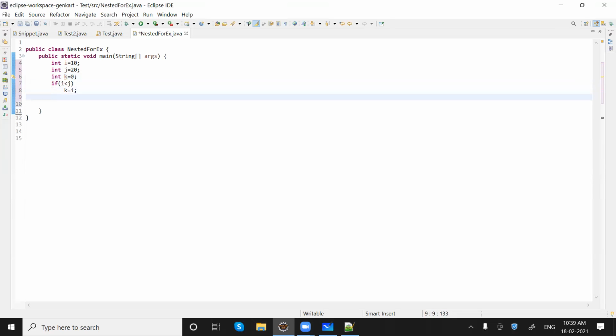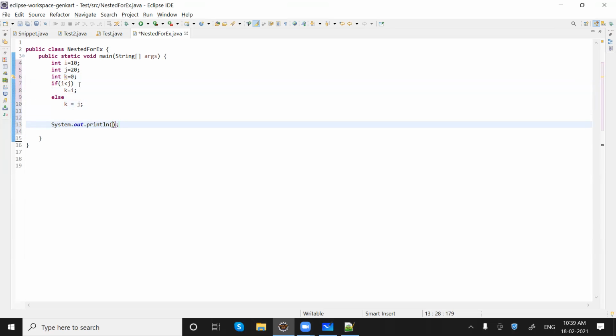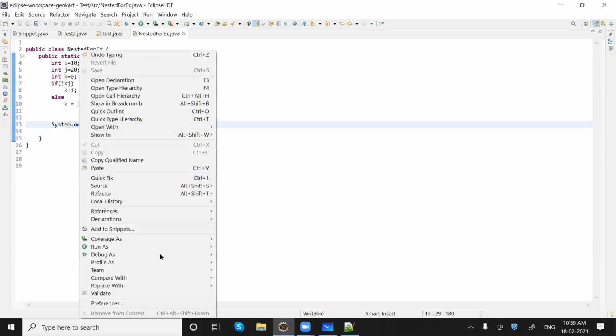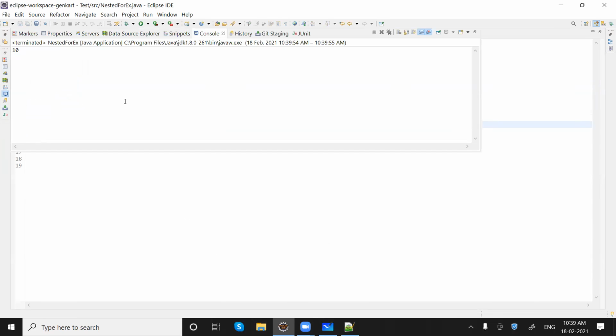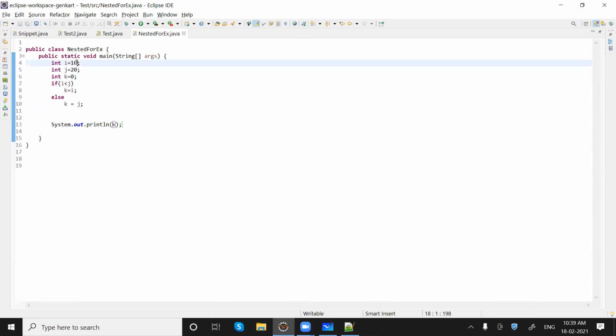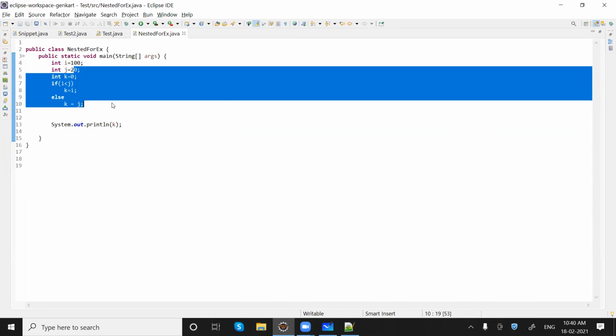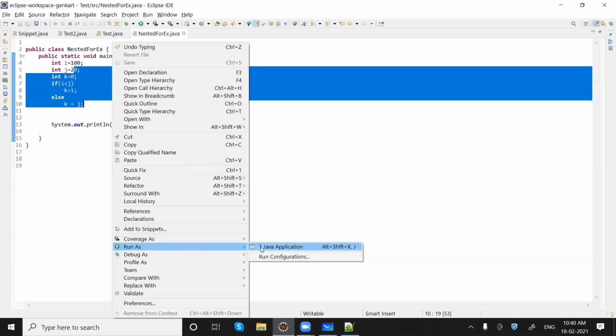We want to keep the smaller value in k, or k will be equal to j. And when I print k, we'll get 10. Straightforward, right? And if it is 100, then we will be getting the smaller value 20 in k. Let me just quickly run it.